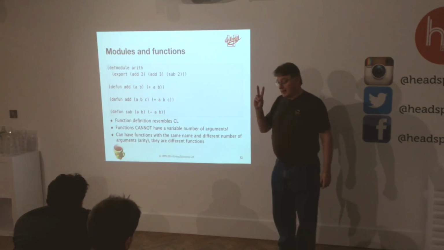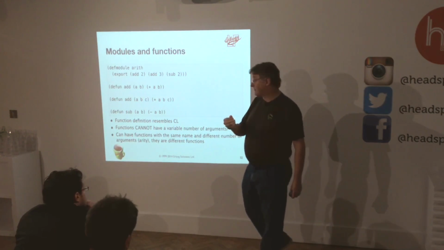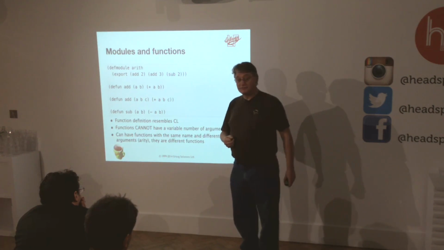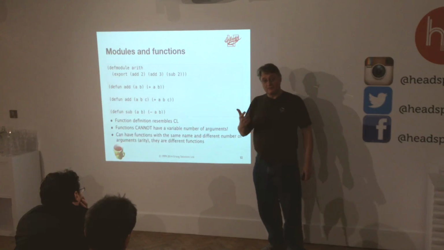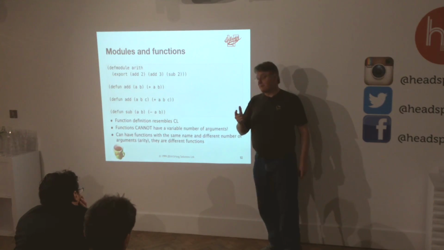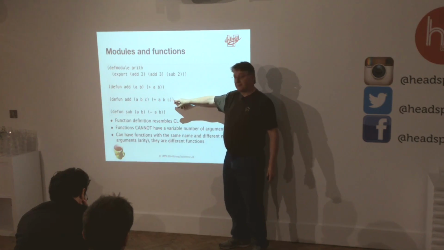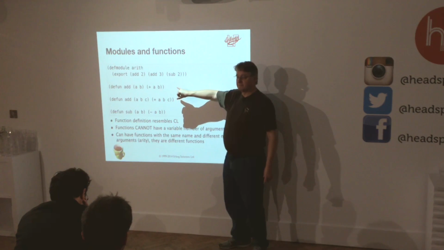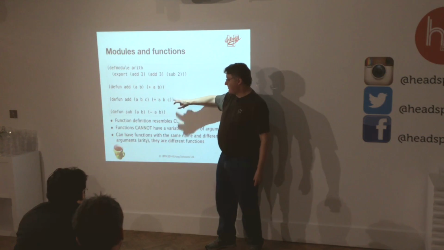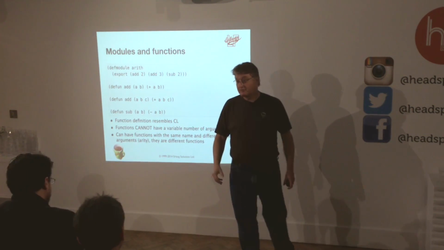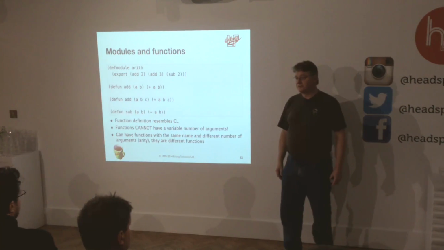So, a couple of things. Erlang functions cannot, I'm saying Erlang here, but this applies directly to LFE as well because we're running on top of it as close as we can. You cannot have functions with variable number of arguments, period. You can't do that. But I can have functions with the same name and different number of arguments, and they're different functions. So here I've got an add of 2 arguments, and here I've got an add of 3 arguments, and they're 2 separate functions. If I call add with 2 arguments, I'll get this one. If I call add with 3 arguments, I'll get that one. If I call add with 4 arguments, I'll get a crash because there is no add of 4 arguments. The system just does not support variable numbers of arguments.